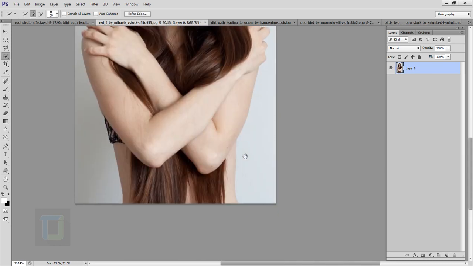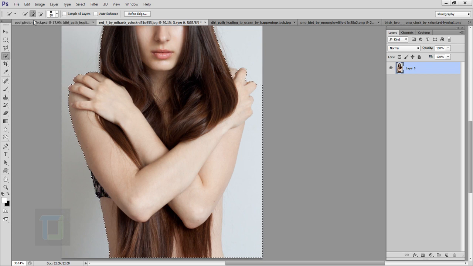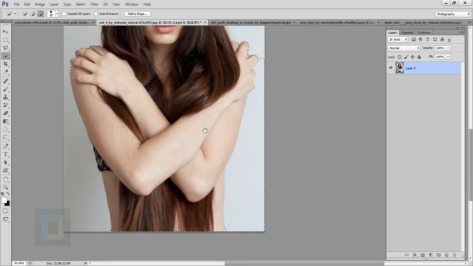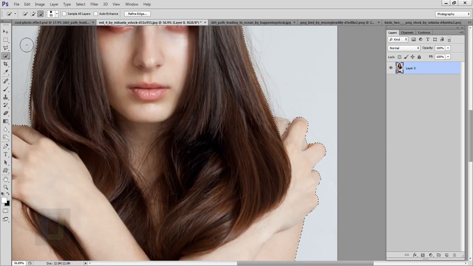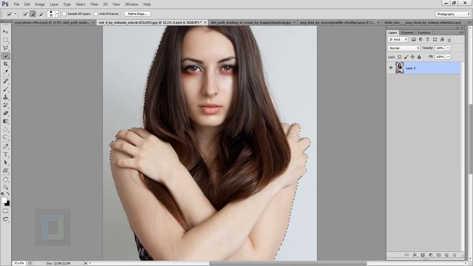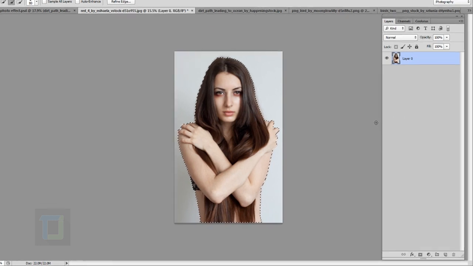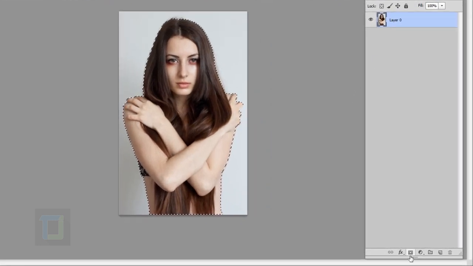Now I selected more than I needed, so I'm gonna select this minus option and remove this selection which I don't need, and also a little bit from here. Okay, looks really great, and I want to add a bit here, so I'm gonna use my plus option and add that. Perfect. Now once your selection is ready, click on this mask icon, this third one here, and the